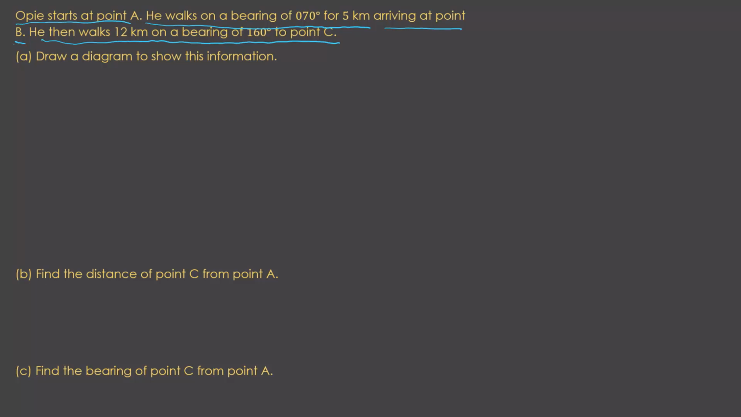I'm going to do it in the space on the right of the screen so that I can draw a fairly big diagram. So we're going to start him at point A, and he's going to walk 070 degrees, so this would be 70 degrees, and he's going to go for 5 kilometers, and he'll arrive then at point B, and I'm going to put another north at B, and he's then going to walk on a bearing of 160, which is down this way,